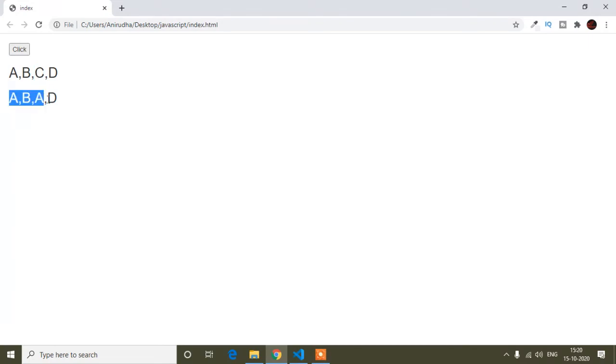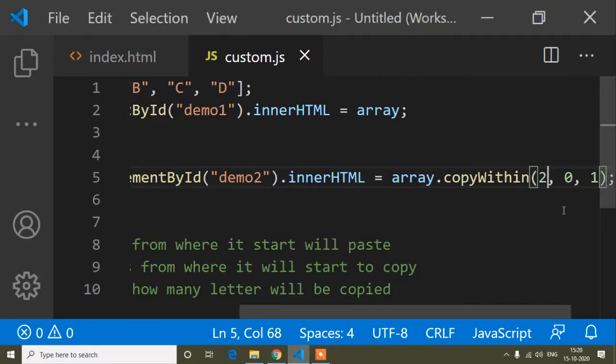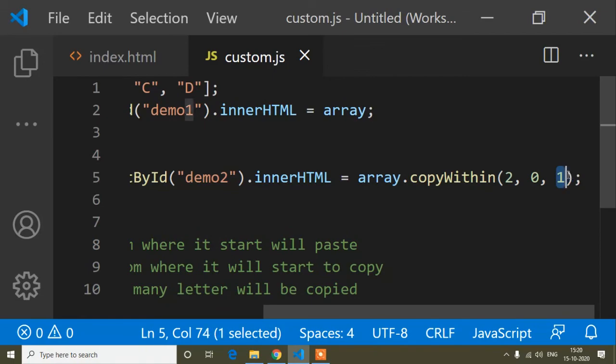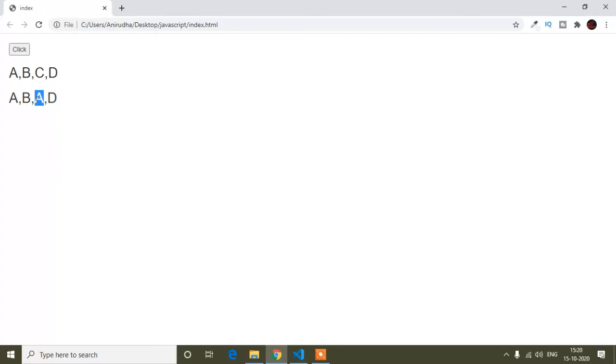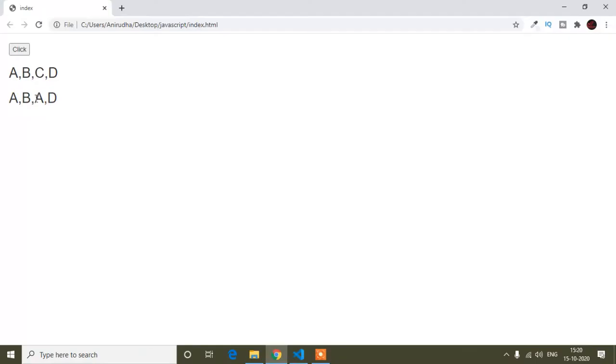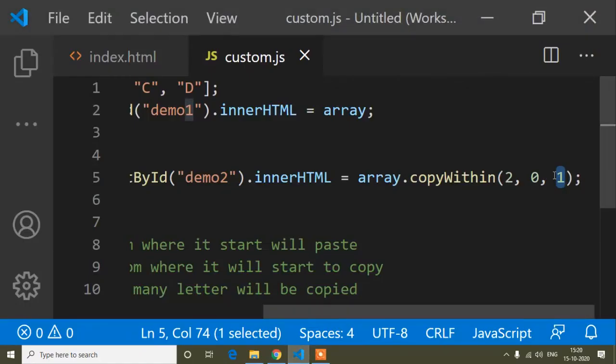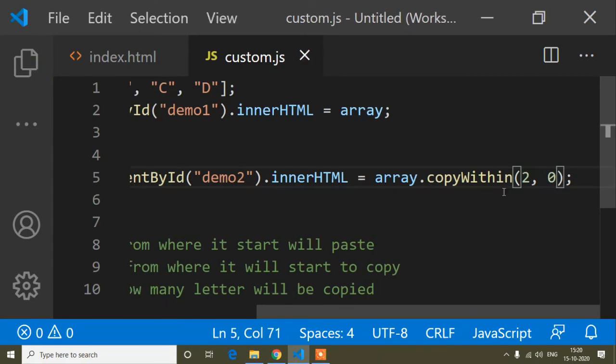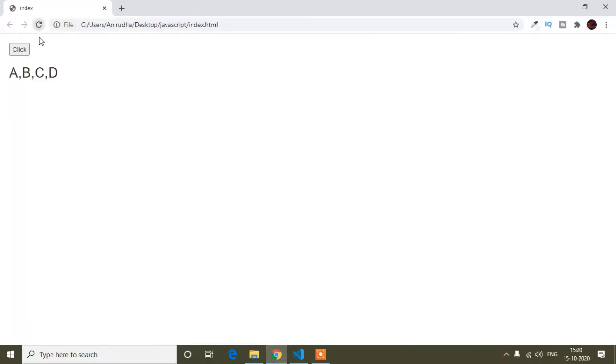So here you can see this is the new array value, that is copy A, and it's pasting at number 2 position here, and 1 means how much it will copy. It copies just 1 letter, because I have written 1 here, so only A is copied. But if I do not add the third argument, now check it.